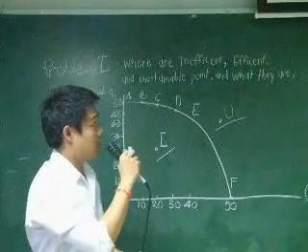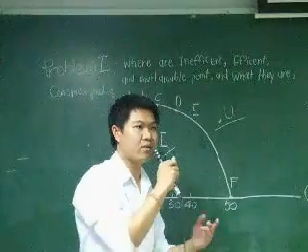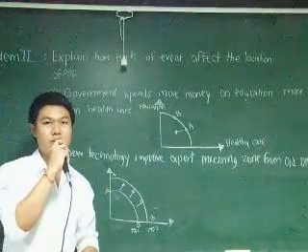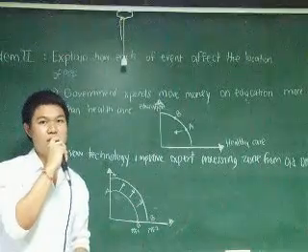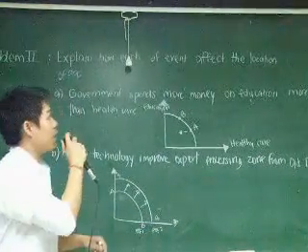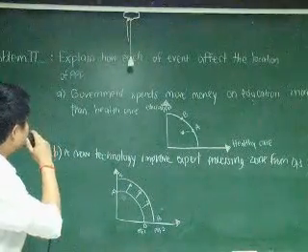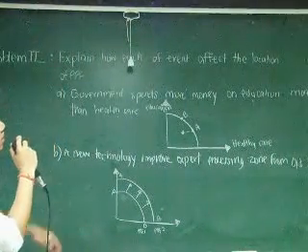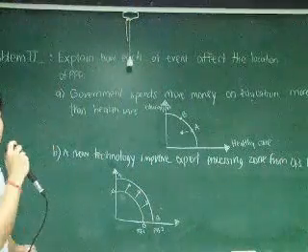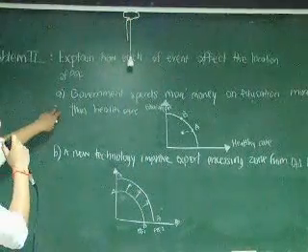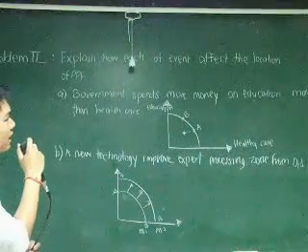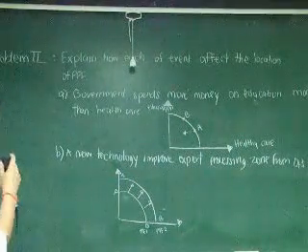Go to the next, problem two, which is a harder one. Okay, next to problem two. Here we go into the detail and the theory and the factors about the PPF. Problem two: explain how each event affects the location of the PPF. A. Government spending more money on education more than